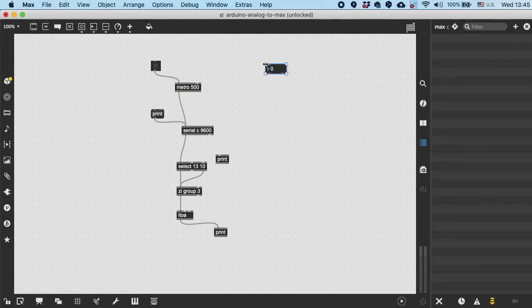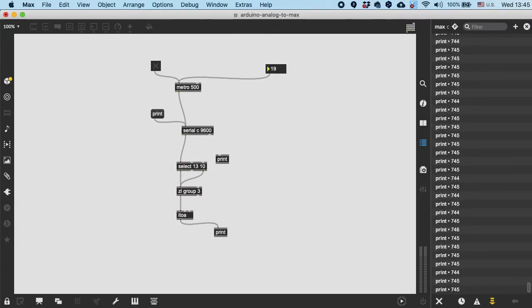We could do it with simply a number box. And if you would drag simply the number back and forth, you will probably be able to see the light going,